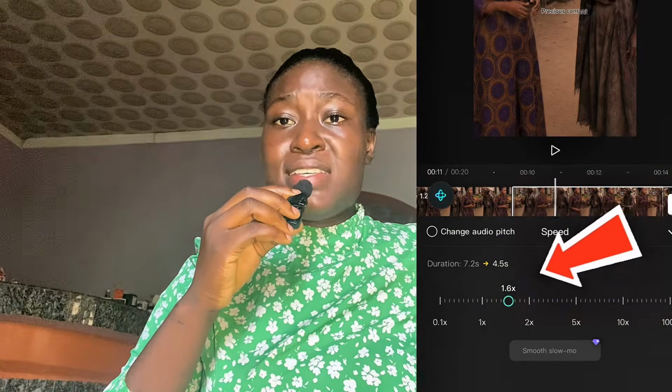You do it step by step for every scene until you are done. Once you are done, you head over to CapCut and edit step by step how you want them to converse. If you don't want them to talk slowly, you can hit the speed button. I'm going to do a step-by-step tutorial on how you can edit for those of you that don't know how to edit using CapCut.